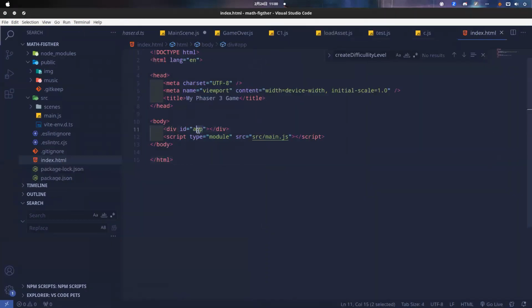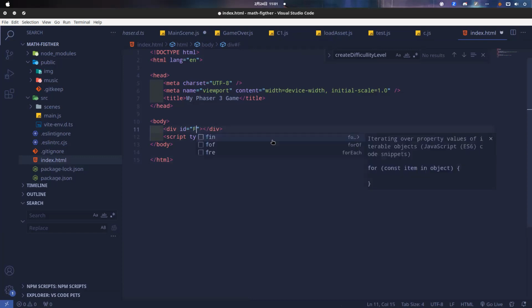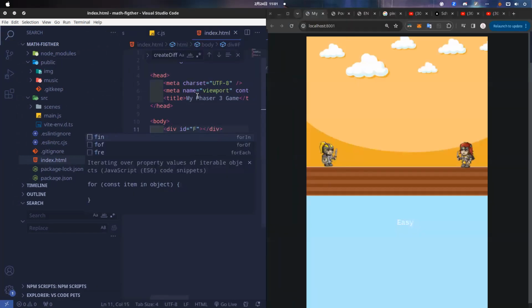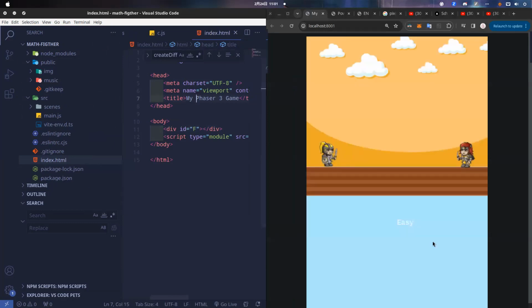Now maybe about the DOM manipulation, I don't want to explain it. Maybe it is for web developers, even though we are using the web for rendering games. Just find this app. If you change the app, for example, the ID into something like F, this will happen. There's nothing in here probably, and the script won't be loaded. So do not change the app, just keep the default one. Just remember this in index.html.